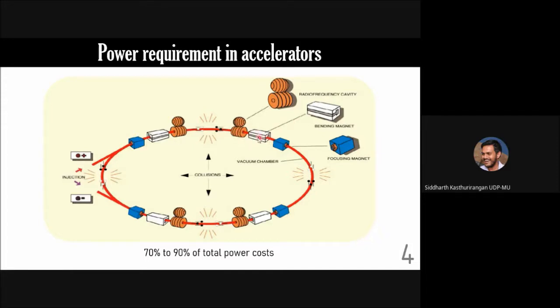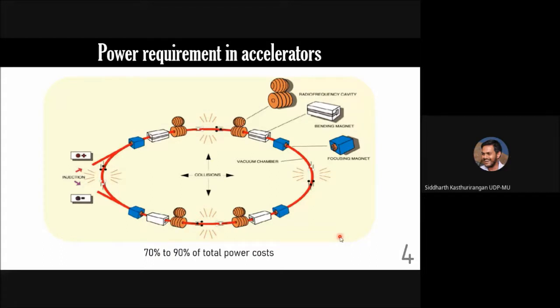Then there are bending magnets, which will bend the beam. Of course, not all the bending magnets have been shown. Just some of them are shown for illustrative purpose. And there will be focusing magnets at regular intervals. The magnets and the RF power supplies together constitute 70 to 90% of the total power cost of the